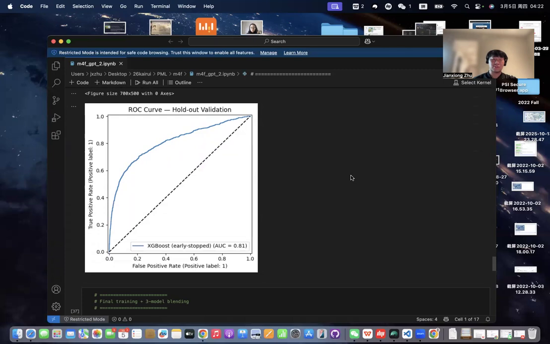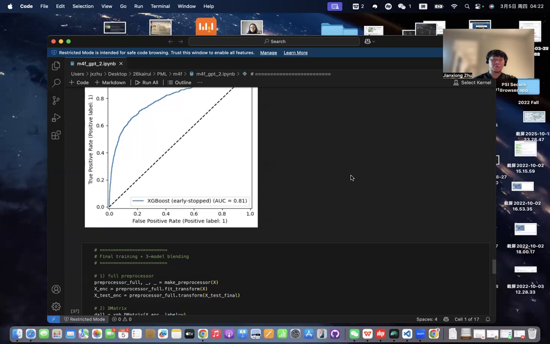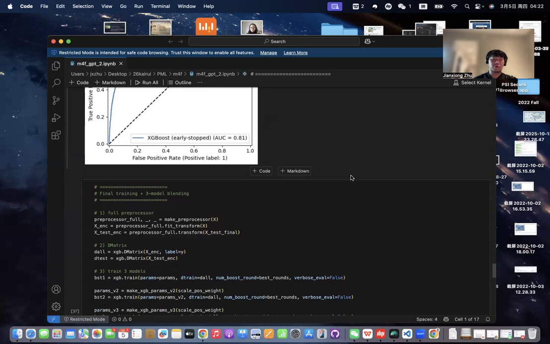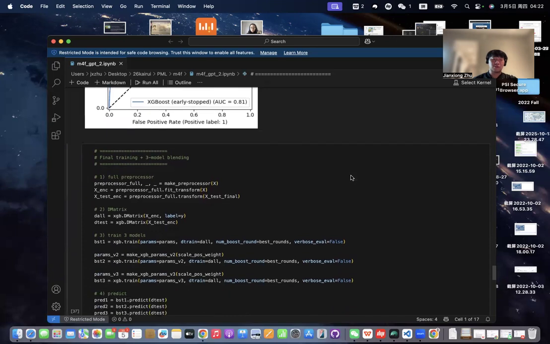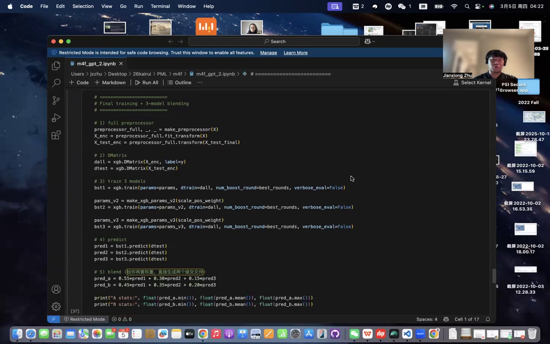Second, I used early stopping during training. Instead of specifying a fixed number of boosting rounds, I monitored the validation AUC during training and stopped the training process when the performance stopped improving. This helped identify the optimal number of boosting rounds and prevented the model from overfitting. In addition, I used a holdout validation set to confirm the model's performance outside the cross-validation framework. The validation AUC was slightly higher than the cross-validation average, which suggests that the model has sufficient capacity